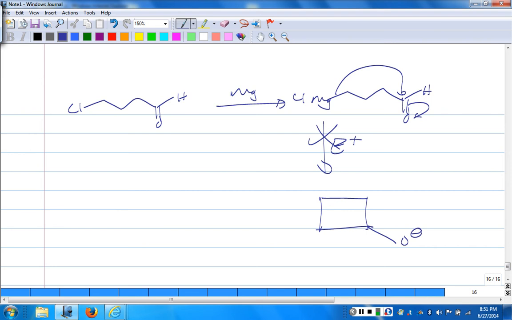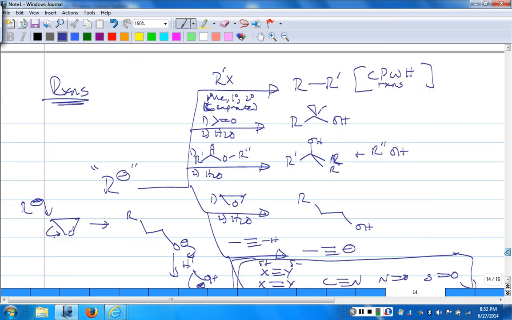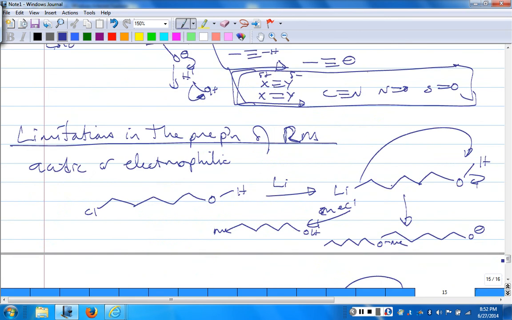Okay? So if your molecule has any electrophile, and what do we mean by electrophile? Anything from a carbon-halogen bond, anything with an X double bond Y. Any X double bond Y would be an electrophile. An oxirane would be an electrophile, and so on. Anything that's acidic. And how acidic do you have to be? Well, think it through. You simply have to be more acidic than an alkane,